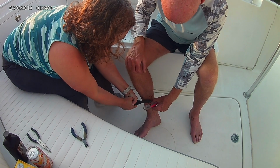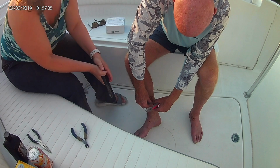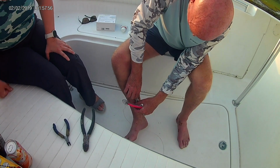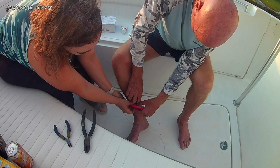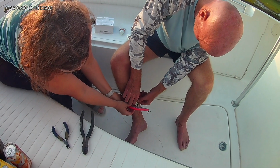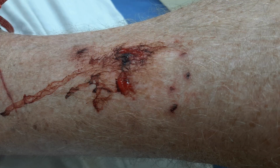So, just a dumb, stupid mistake. I know better than to leave a fish with those treble hooks jumping around the bottom of the boat, but I got caught up in the moment. I was excited for the size of that tuna that my daughter had. But again, just a reminder, don't rush to get through things. That's the end of the result of the wound. I ended up getting it packed and wrapped, but I still